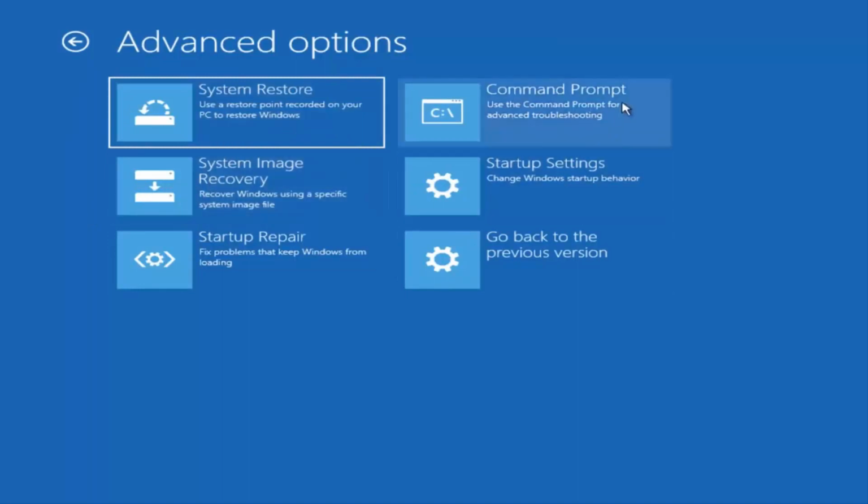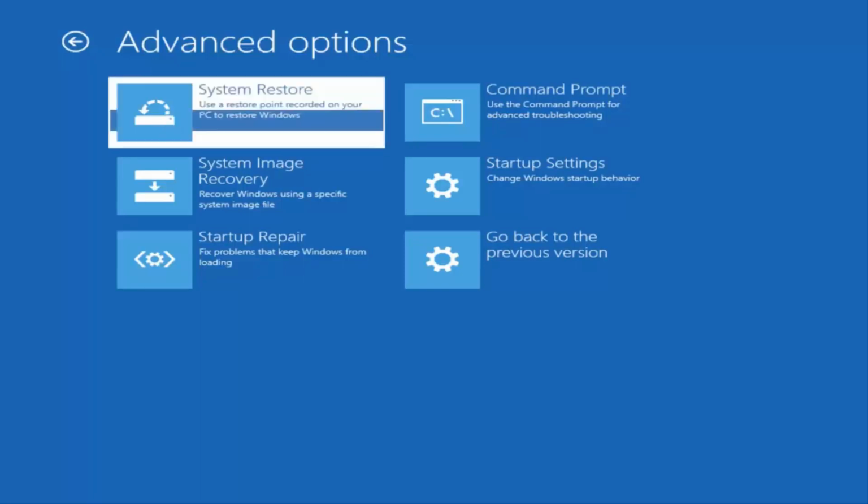And now, while there are quite a few options on here, I would recommend just starting by heading over to the System Restore tile. Should be the first one at the time of this recording that says use a restore point recorded on your PC to restore Windows. Left click on that,